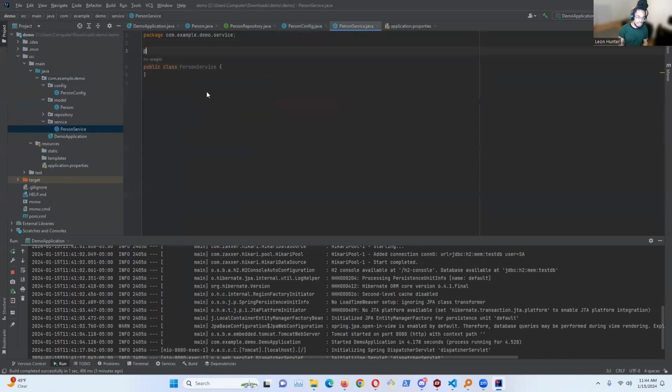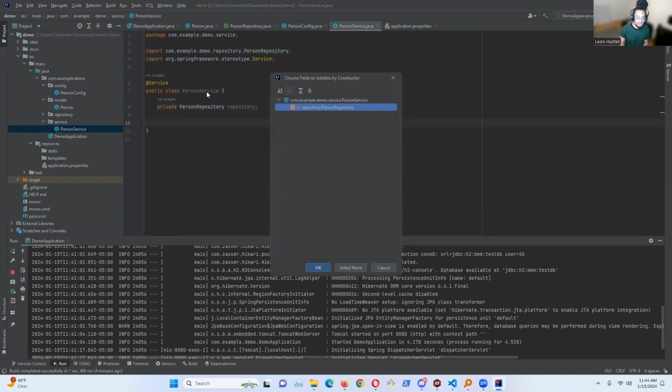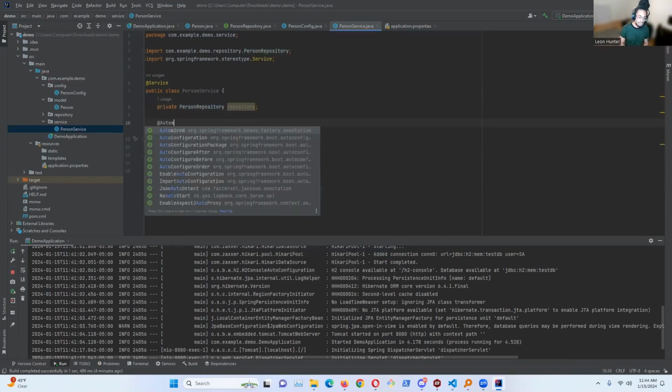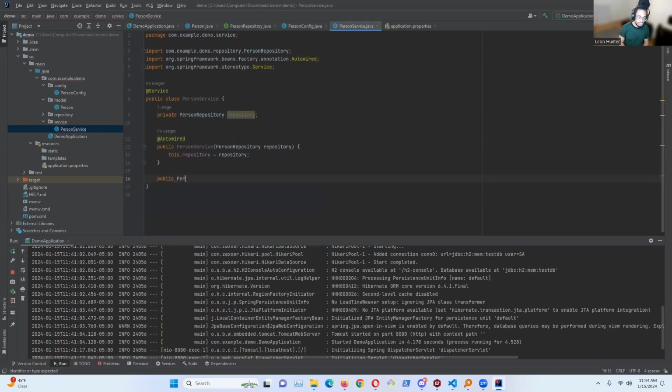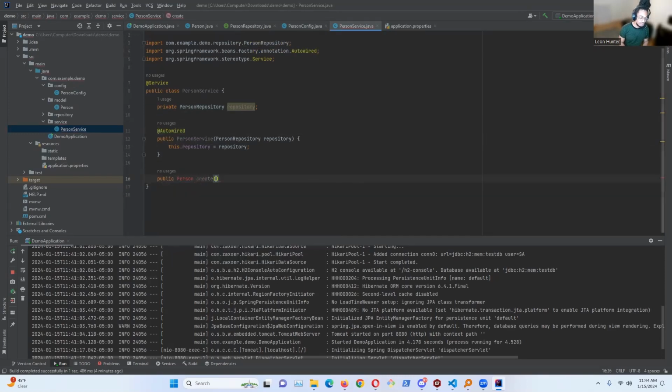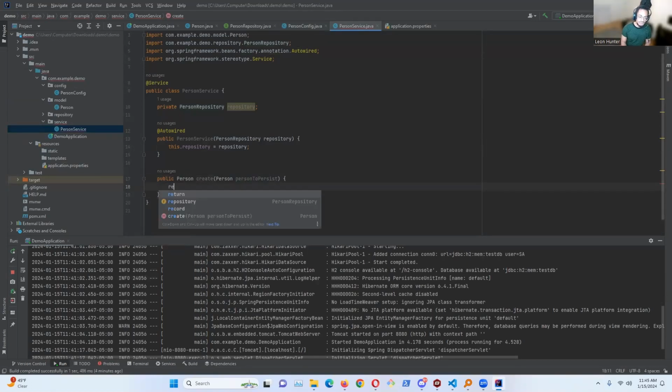Service. PersonService is annotated with @Service. PersonService has a PersonRepository field. PersonService consumes a PersonRepository upon construction, but it is autowired into scope. PersonService has a public Person create method, which takes an argument of a person to persist in the database. The definition is very simply return repository.save(person to persist);